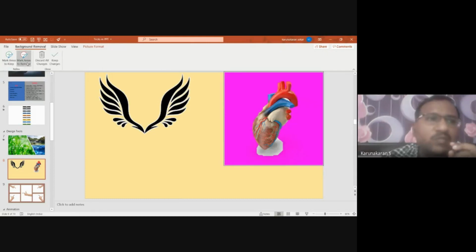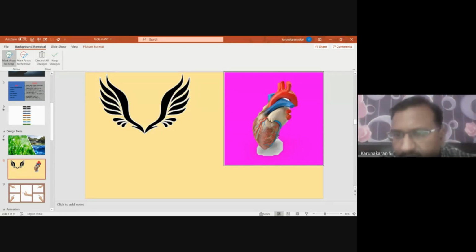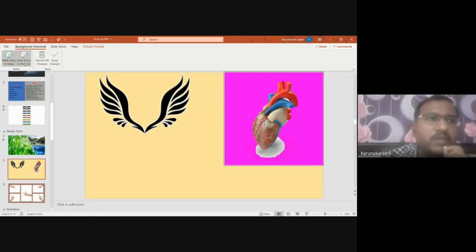In Remove Background, the pink color indicates the background which has to be removed, and you can use the mark area option to mark the places you want to keep. So I have selected Mark Areas to Keep.